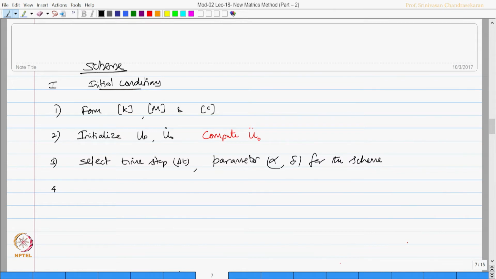Fourth step, compute integration constants. There are many integration constants which are to be computed for the system. Delta value should be greater than or equal to 0.5 and alpha should be greater than or equal to 0.25